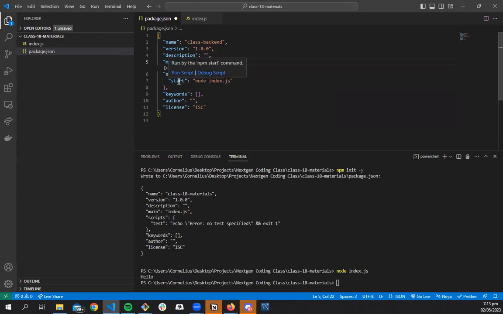So anytime I do npm start, I want you to run this command, and this command is just to start my server. So instead of typing node index.js every time, I could just make a script where I give it a key, and this will be the value. So when I do npm start,